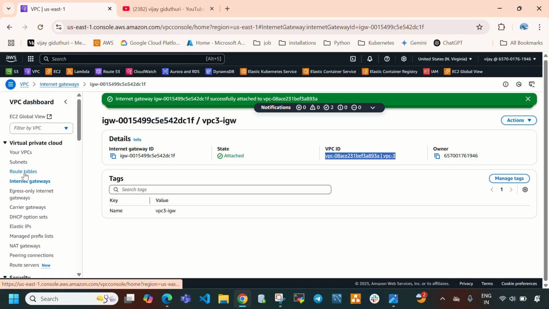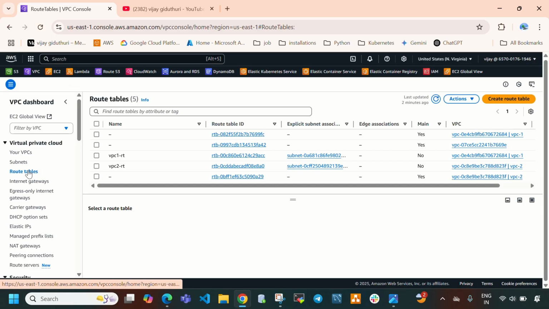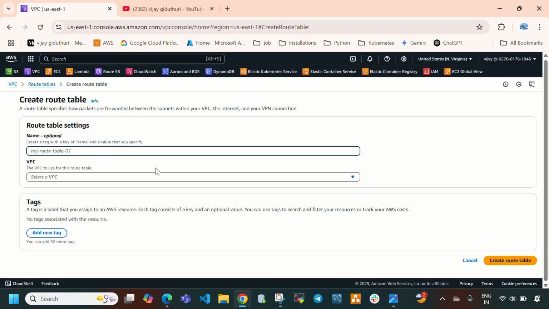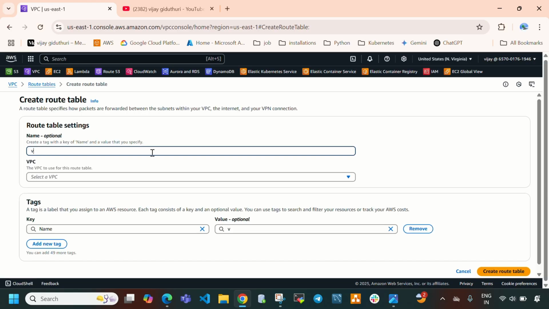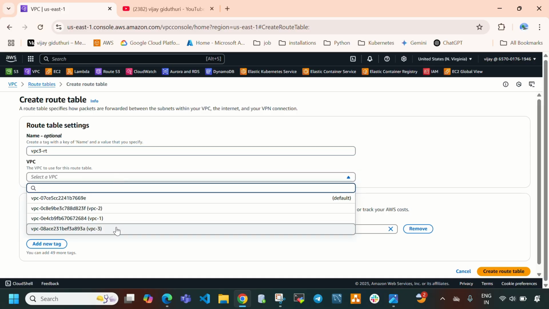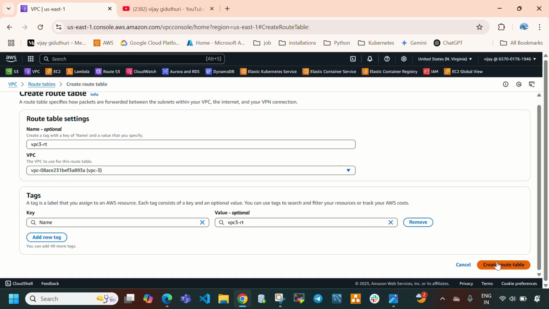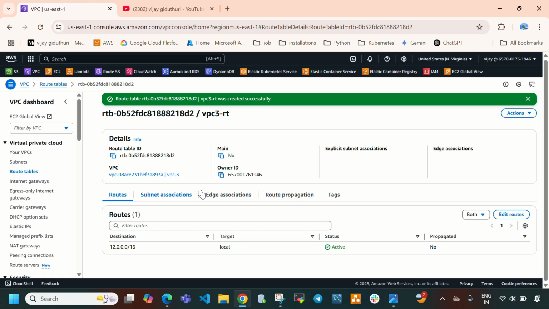So now we need to create a route table for this VPC3. Directly select route tables and select create route table. Now we need to give the route table name, VPC3-RT, the VPC3 route table, and here we need to provide your VPC, which is VPC3, and select create route table. So a route table has been created, right?